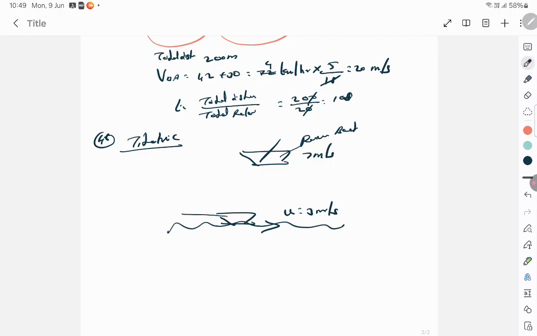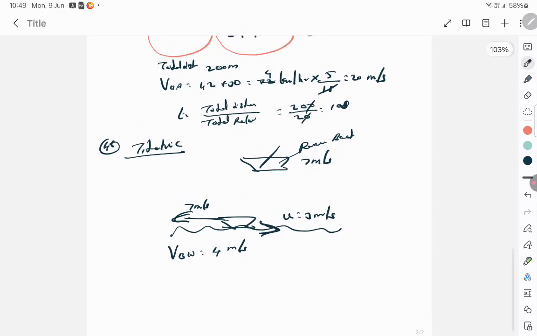It's going to go upstream now, and in the upstream it's a different concept, because you can't just add this velocity, because the boat's speed is going to get reduced. Water is pushing it in the opposite direction. Boat is going with the speed of 7 meters per second upstream. The net velocity of the boat with respect to water will be 7 minus 3, which is 4 meters per second, and it's going to travel upstream till a distance of